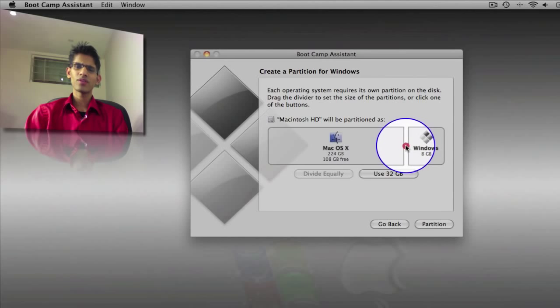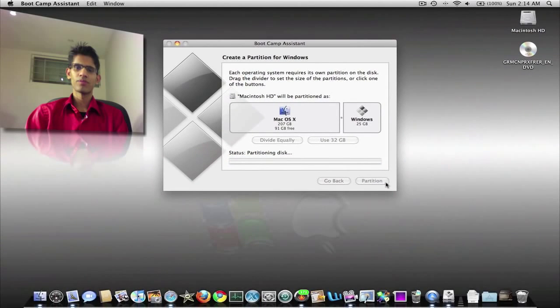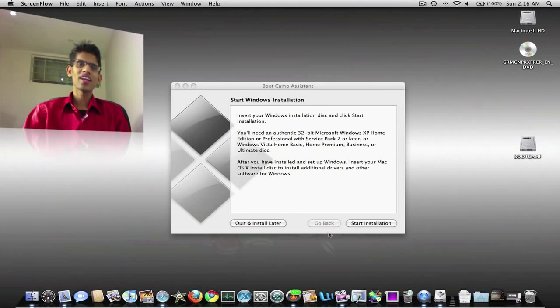I heard Windows 7 needs a minimum of about 7 gigabytes. I'm going to put about 25 gigabytes. So we'll go ahead and do that, and then we'll partition this. Now it has finished partitioning the drive, and the next thing you have to do is install your